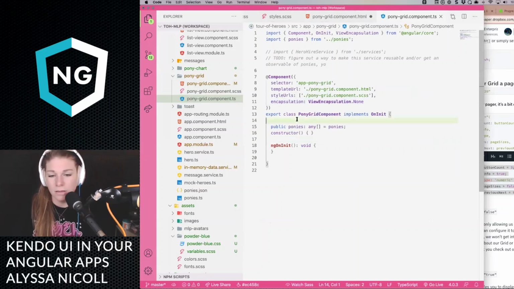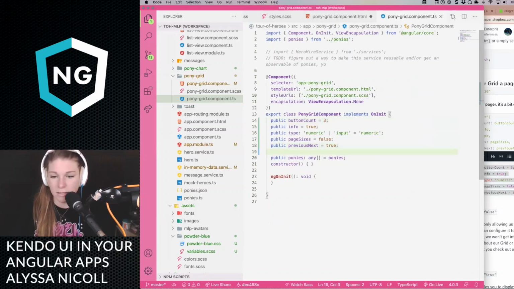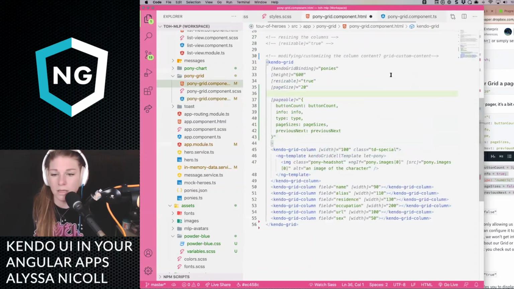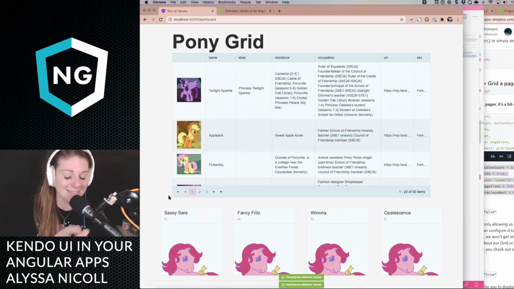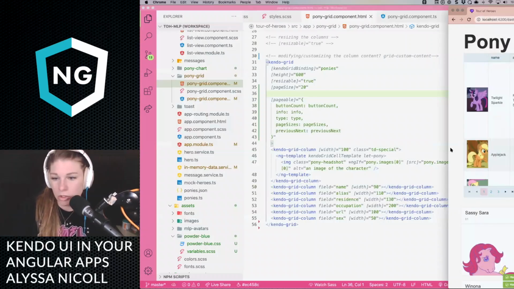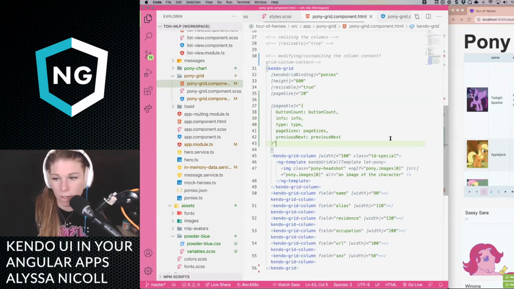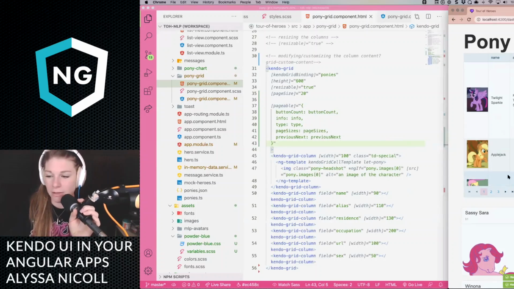Ponies. Let's do this and do that. I think, yeah, we should get, I was going to say we should get, I love that powdered blue. That makes me happy, seeing our customized theme in there. So now we have a little bit better of, I'm going to put this over on 2 and put this over on 4. So now we should have a little bit better example of the paging.